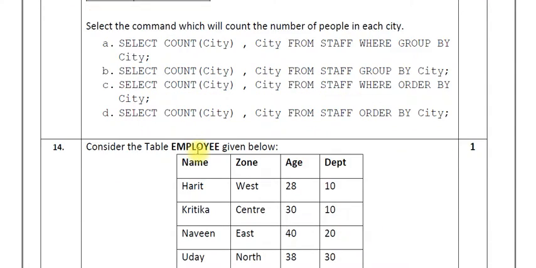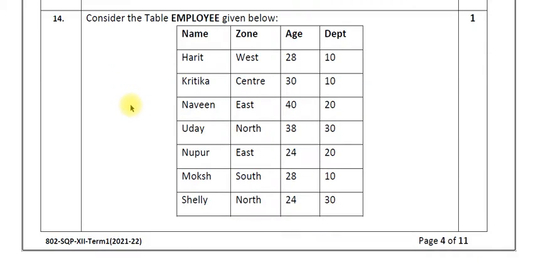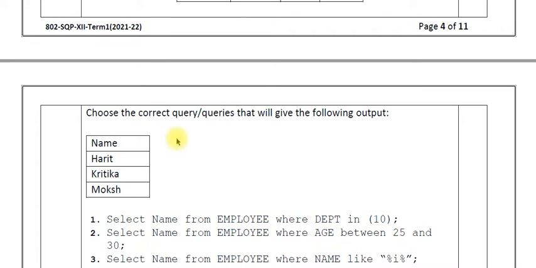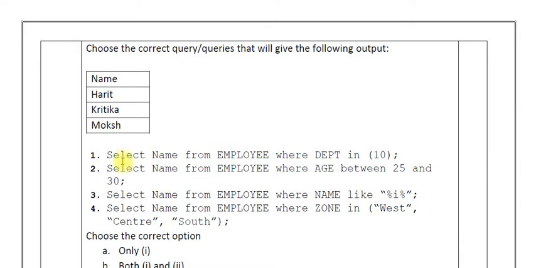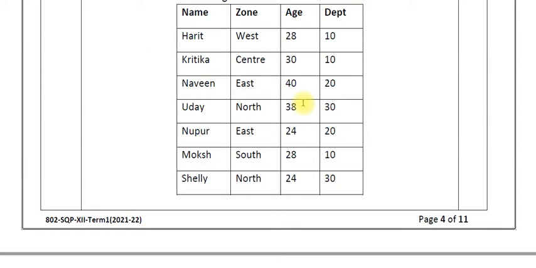Similarly, over here it says consider table employee. Over here a lot of data is given. Now it says that we need this output: Harit, Kritika, Moksh. Now what command should I give to get this particular output? For that you have to study the table properly.